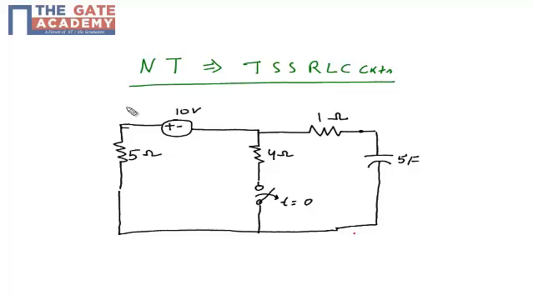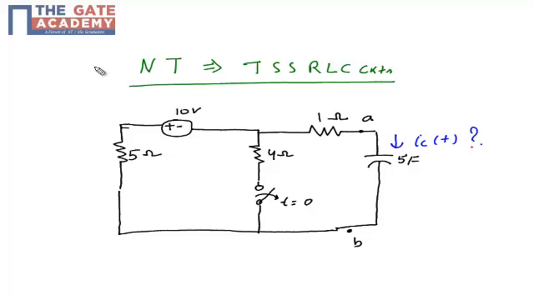We need to find out the current across this capacitor, or current flowing through the capacitor, IC(t), which we need to find out. Okay,